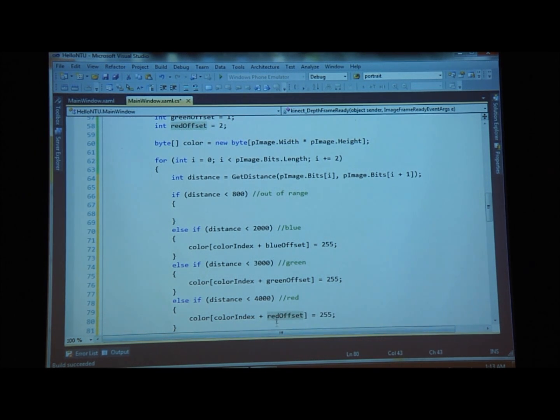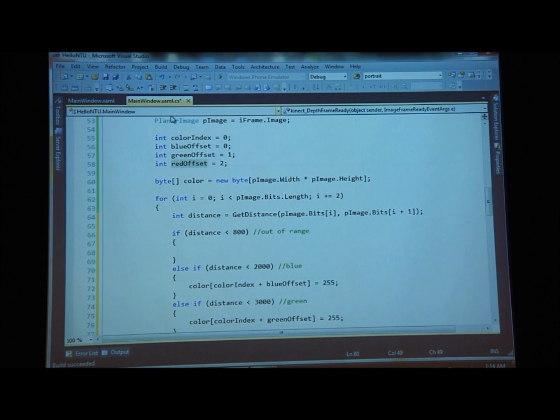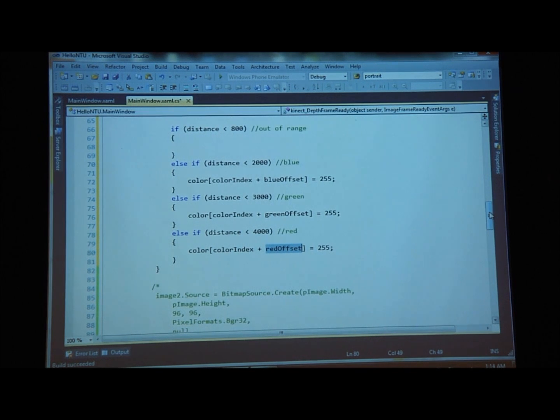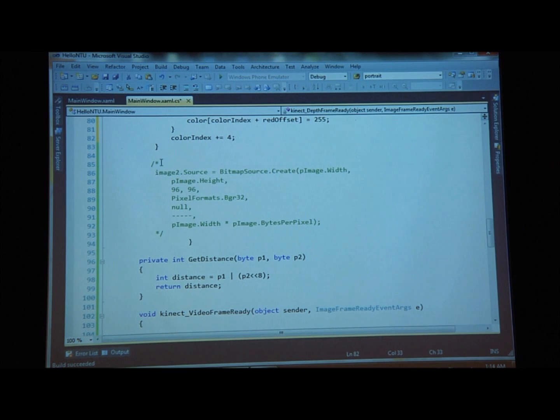The reason I use these offset colors instead of just saying +1 or +2 is for readability, obviously. That's all I'm doing. I'm adding +1 or +2, but for readability, it kind of helps. So I think that's it. Now, let me remember to increment my color index by 4, because for each pixel, I'm jumping 4 pixels, right? And then I'm going to come in here, I'm going